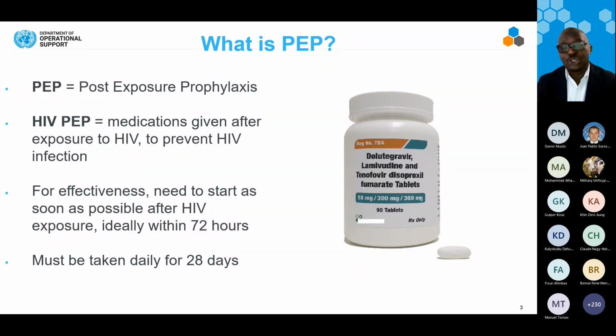That is why we need to do our best to ensure that we administer this medication within the 72-hour window. Based on the current regimen from the World Health Organization, the current medication in the UN HIV PEP must be taken daily for 28 days. Daily for 28 days. After 28 days, the medication has to stop.